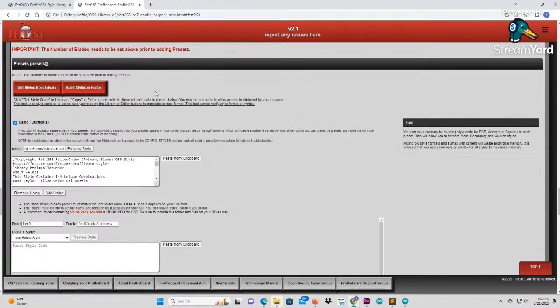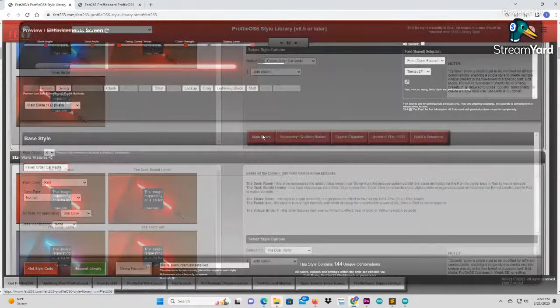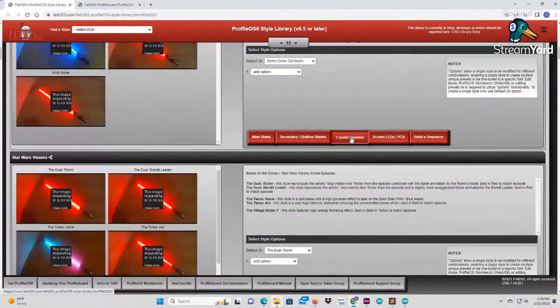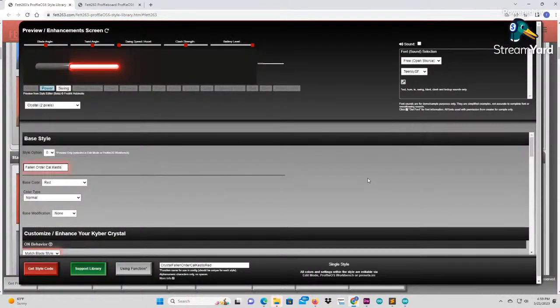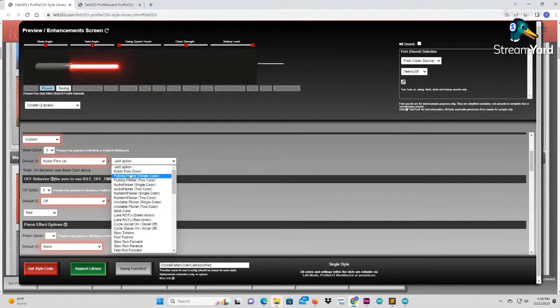And then what I'm going to do is go back to the style library, and quickly generate a crystal chamber version with a bunch of options. So particularly with crystal chambers, the style options and the using functions really help there, because a lot of times you only have really simple animations and you only really have simple things. So you can actually fit more styles onto your config when you have multiple of these by using a using function and just repeating it out. And what you're going to do is build multiple options. So I'm going to do custom here, and I'm going to build a few different